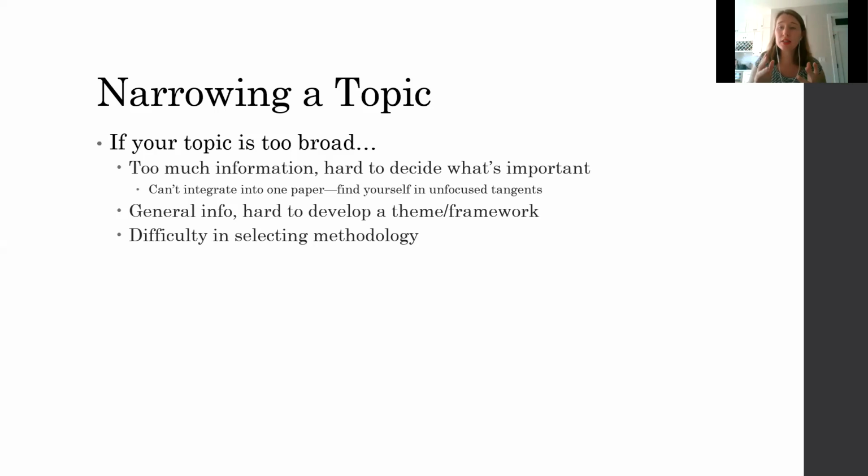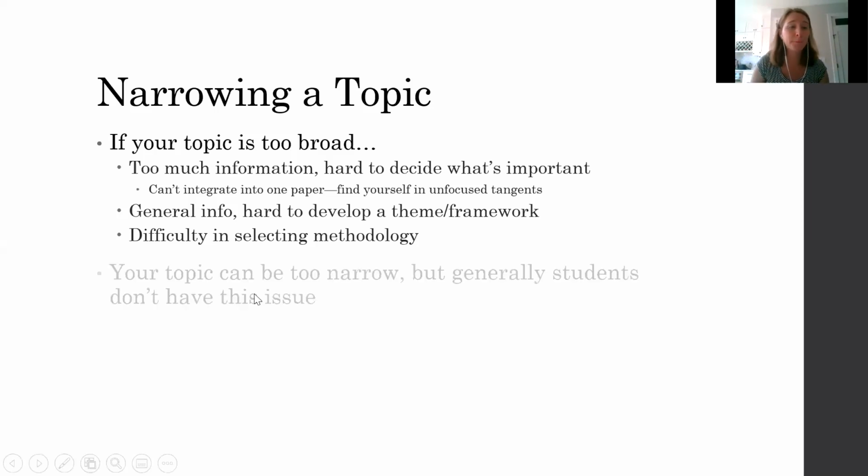If you have decided, for example, let's say the topic of tobacco use, and you want to study tobacco use. Well, when it comes to your methodology, what are you studying? You know, if you narrow your topic to tobacco use by teenagers, then you can start thinking, okay, maybe I'll survey teenagers. Maybe I'll interview some parents, you know, that kind of thing. So if you have too broad of a topic, tobacco use, it's going to be hard for you to even select how to do your actual research as well, okay?